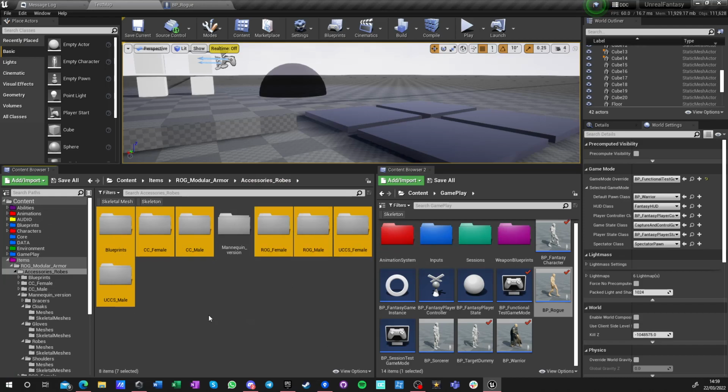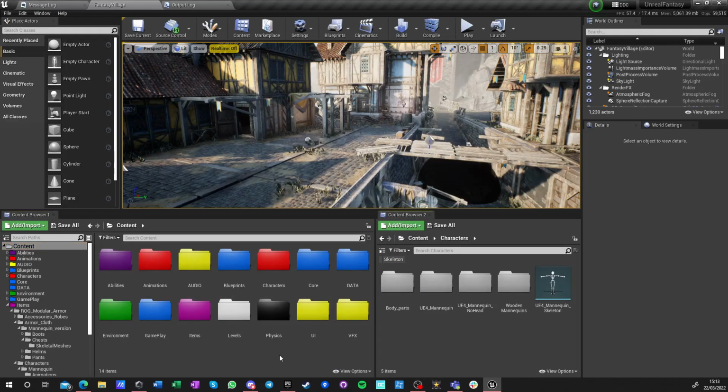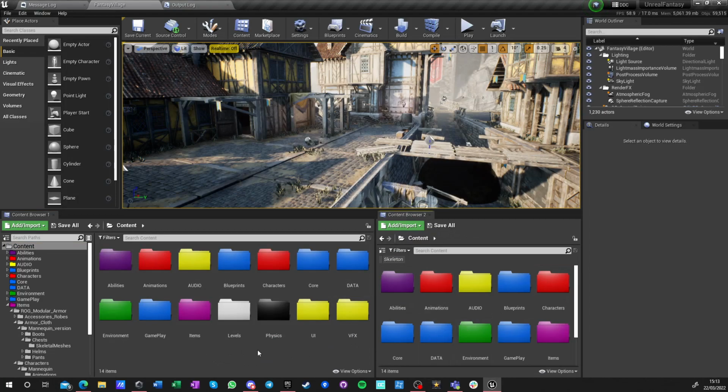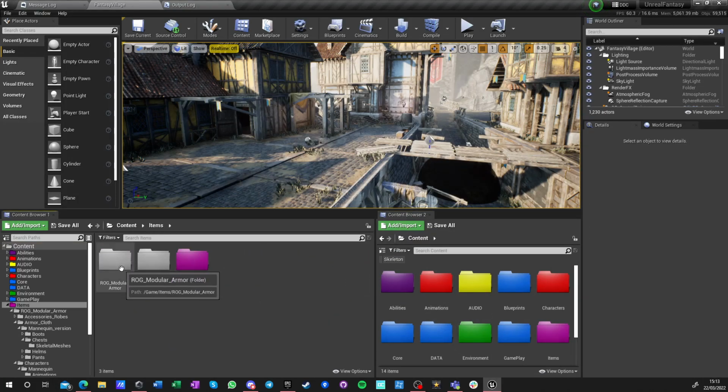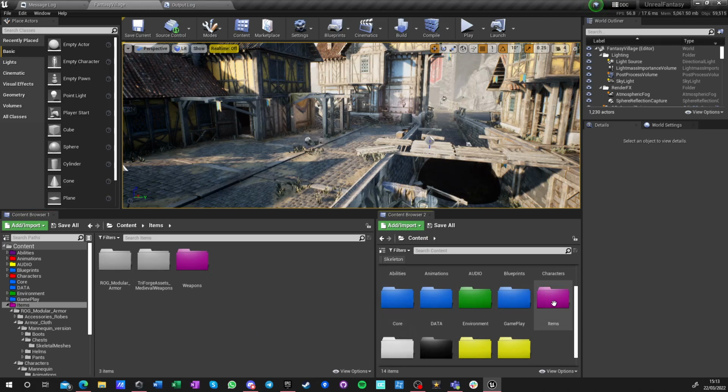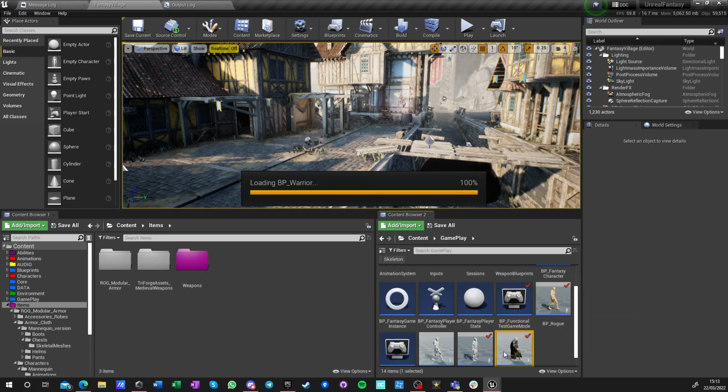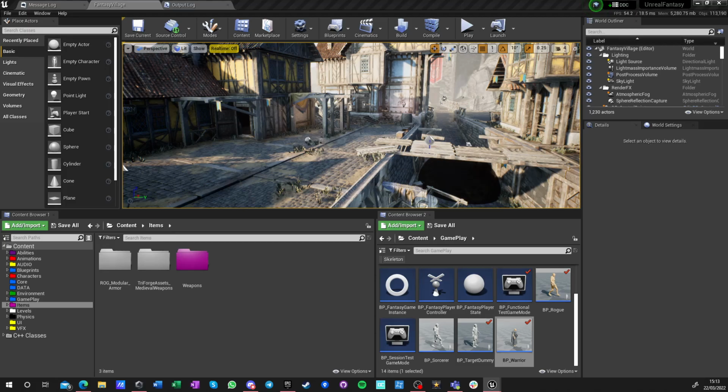I only need the mannequin versions, so I can delete those. Like, this is too many assets I don't need inside my project. I'm going to clean up the folders a bit and stop the clock. Okay, I'm back after deleting everything that is unusable for me. And now after getting back here, we got more clear situation of what we have and what we don't have. So we can go back to our warrior